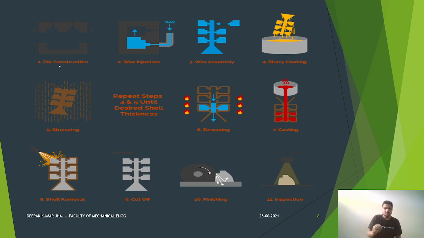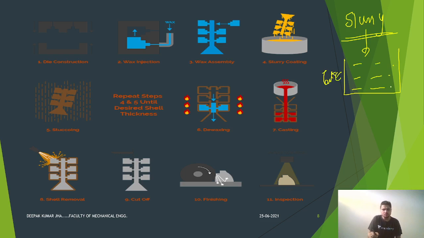So first of all, as we have seen in shell molding also, our first step is to produce a slurry. So slurry formation is there. Here also a slurry will be produced, and that slurry will be produced in a tank. This is a tank, and here the slurry will be produced. Now what is a slurry? Slurry is a kind of sticky paste which is used for coating the pattern.